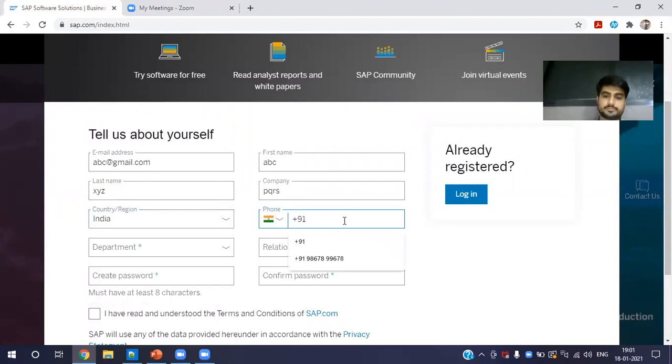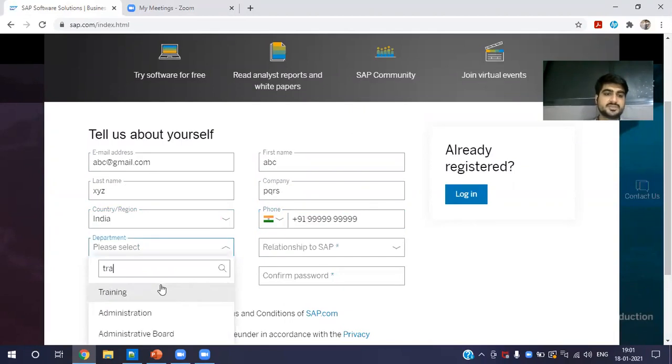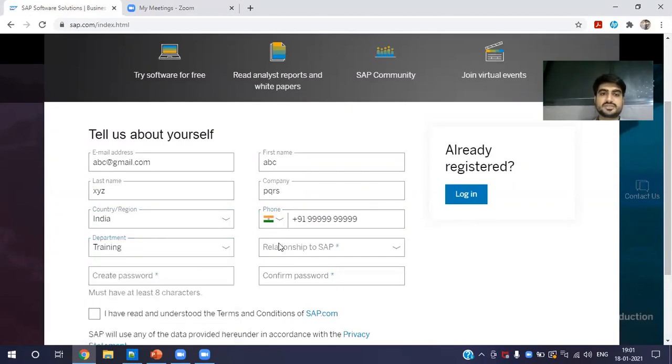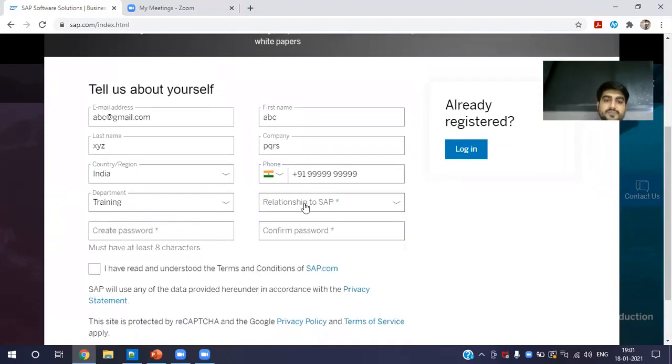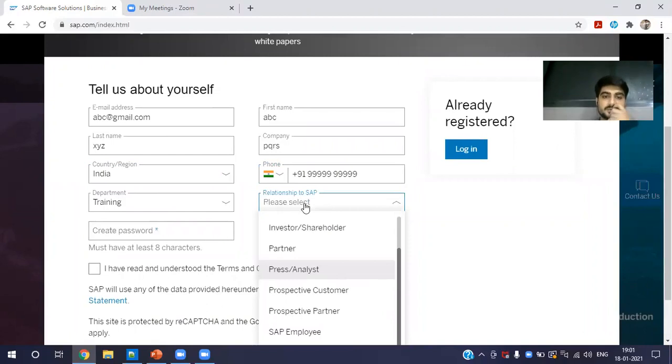Just put in your mobile number. For department, you can put training, and for relationship to SAP, student is the best thing to put, because we are not yet partners or anything. We are not anything here for now. So for practice purposes, we will put student account.